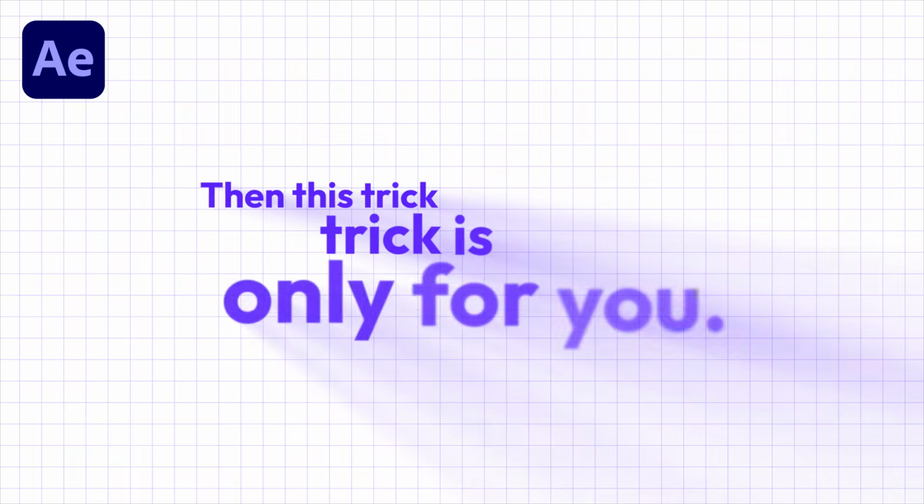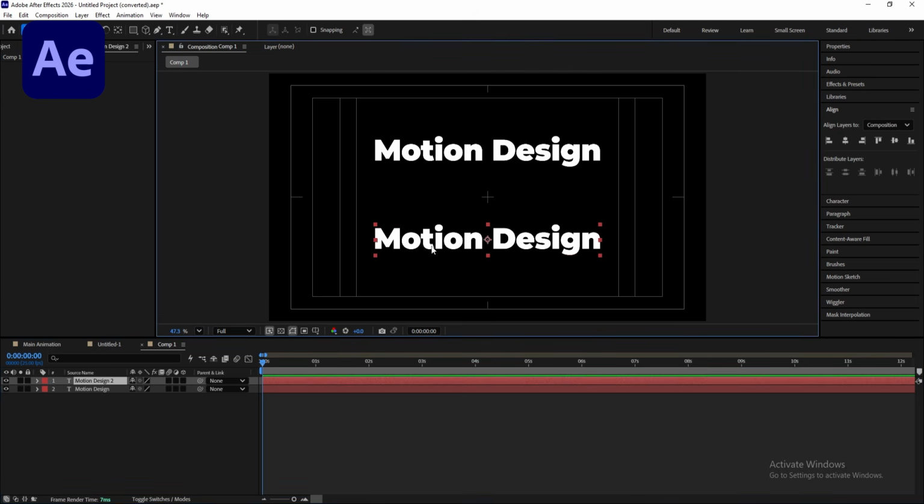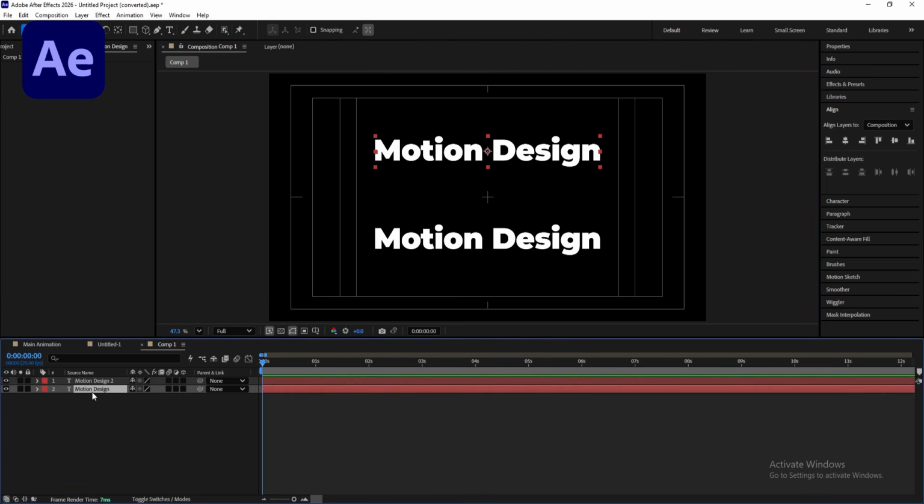Then this trick is only for you. Okay, so just to showcase a difference, we will create two animations which we are going to apply on this text. This is going to be my trick. So first let's start with the normal animation that we do, where we apply ease in, ease